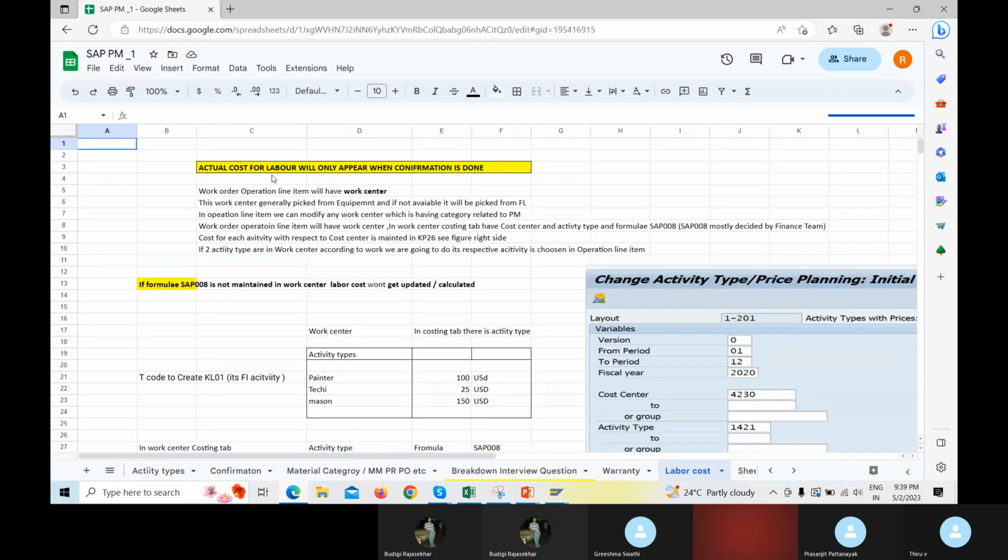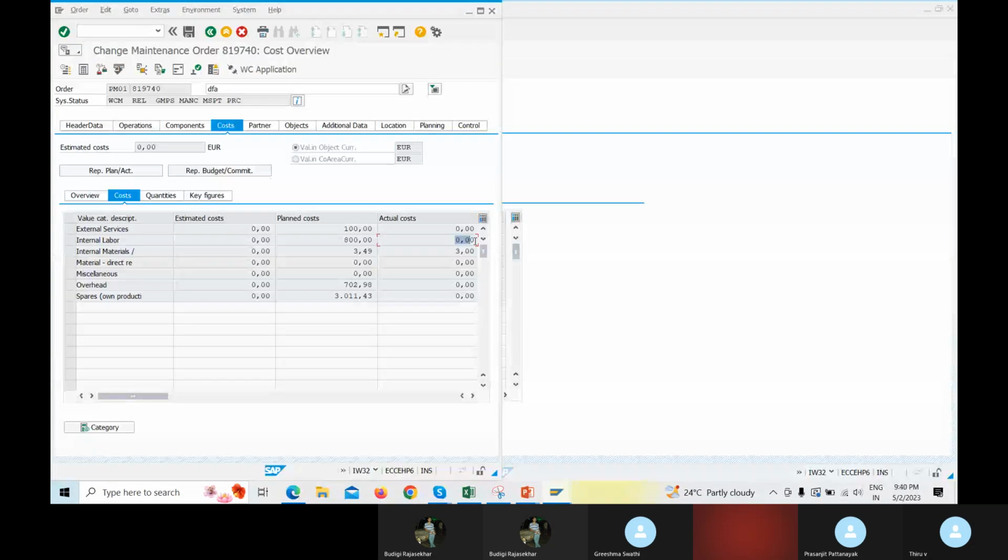Okay. Actual cost for labor will appear only when confirmation is done. What we discussed till now is planned cost. Till now is planned cost. When you do the confirmation, then only actual cost will come. That we already discussed. Remember? Till this, only planned cost. Actual cost will come for labor when you do confirmation only. Are you clear on this, everyone?